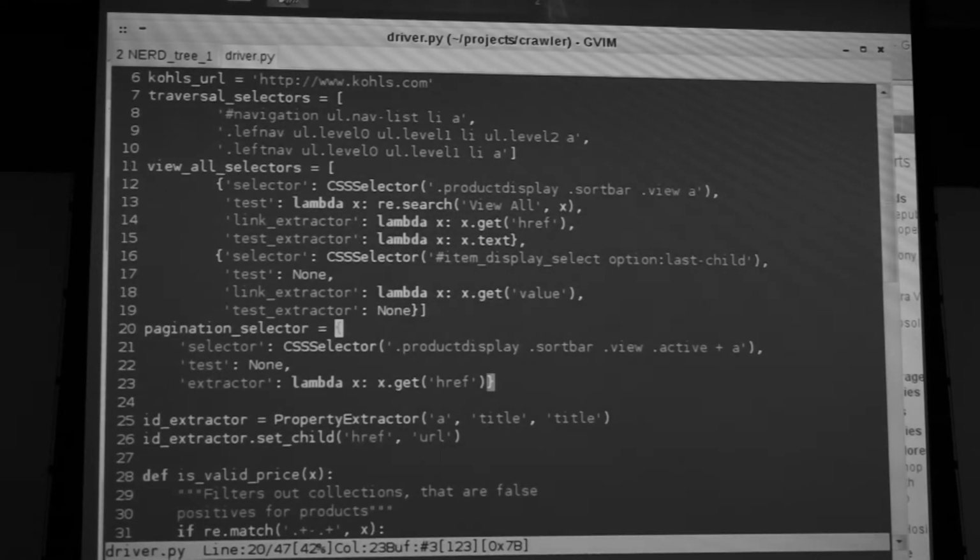So I tried to make this as generic as possible, so I could point this at Kohl's or at Best Buy or something. And so this is basically the config file where you have the starting URL, and there's an lxml library for Python, which allows you to use CSS selectors instead of XPath, or basically translates CSS selectors into XPath for you. And so what the task is saying is, these CSS selectors are what I want to find on this page. Pull it out,